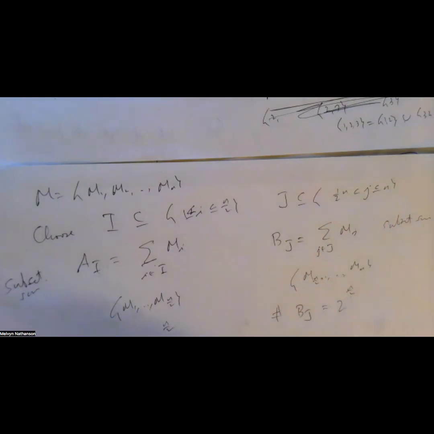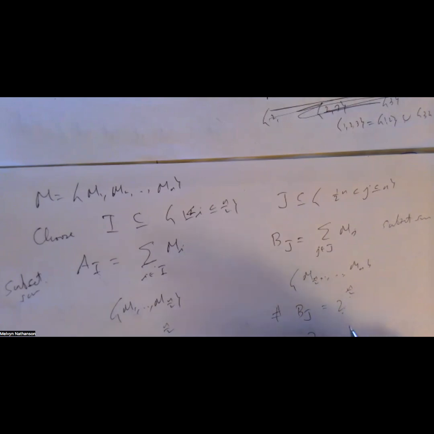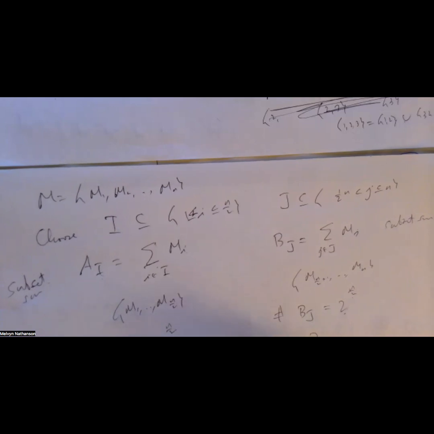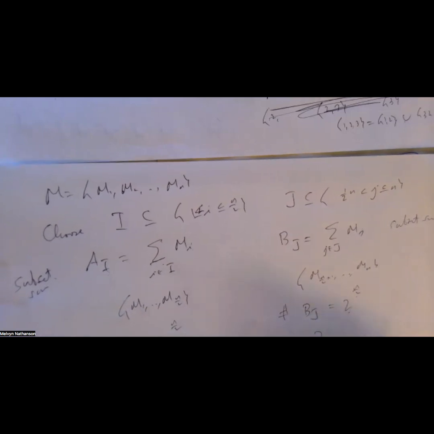So here I do n over 2 calculations. Here I do n over 2 calculations. Then I look at my number. There's a number s that I'm interested in. I look at the number s minus b_j. So this is again 2 to the n over 2 calculations. I have 2 to the n over 2 numbers b_j and 2 to the n over 2 numbers a_i. And then I look for a collision. By a collision, I mean find i and j, if they exist, such that a_i is s